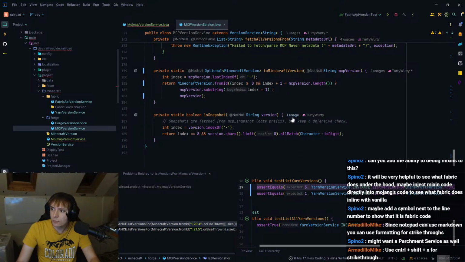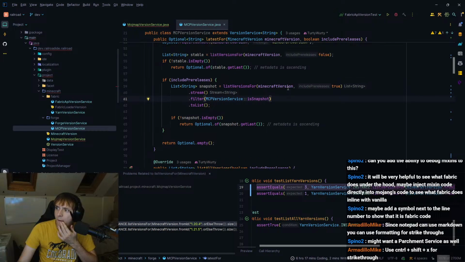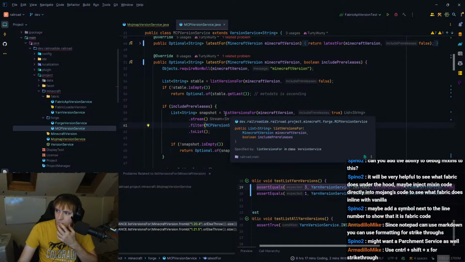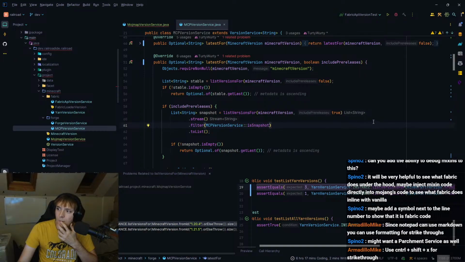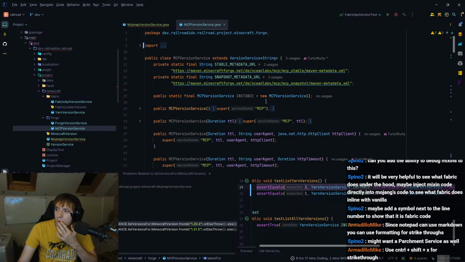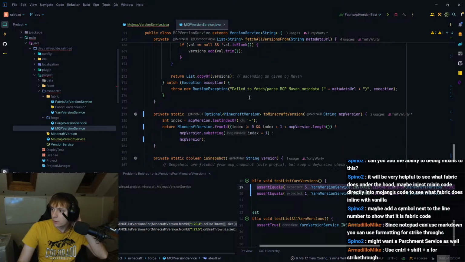Where's is snapshot? Okay, that's fine. This version's 4. Yeah, that's fine. All good. That's not used, but that's fine because we haven't got around to using it yet.